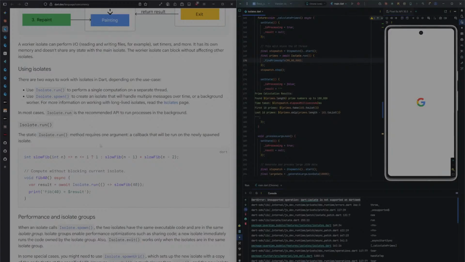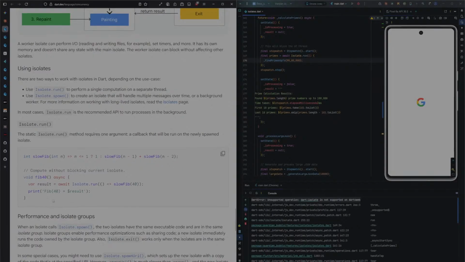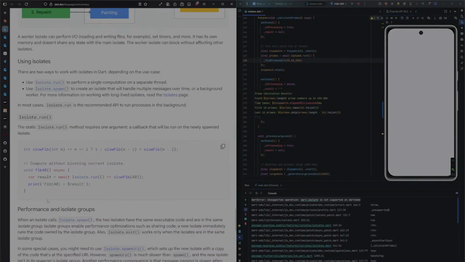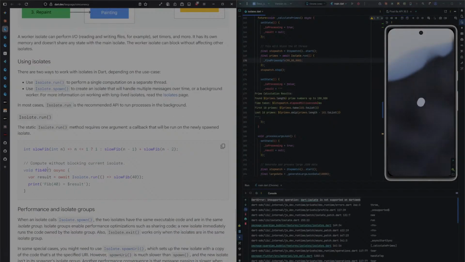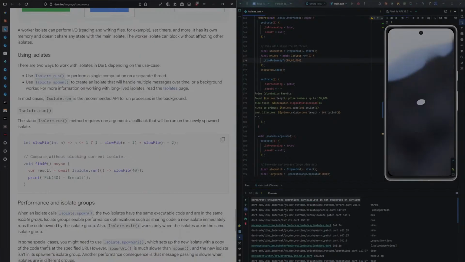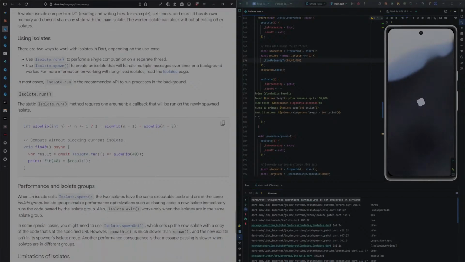Okay, I can see from here that everything would be in the main isolate then. But let's see. Setting up a new isolate with a copy is much slower than with spawn, when the new isolate isn't in the spawner's isolate group. Another performance consequence is that message passing is slower when